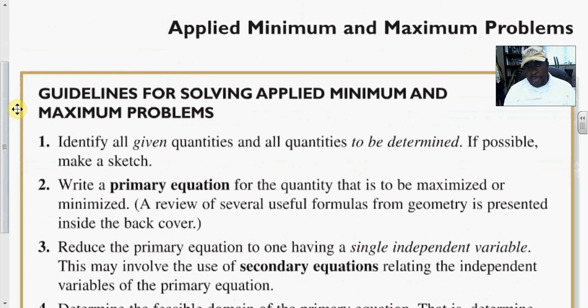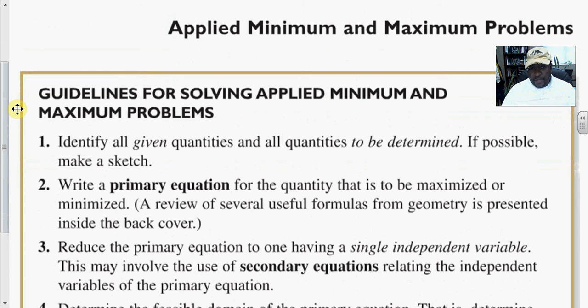One equation would be a primary equation, and the other would be a secondary equation. The primary equation is the equation that you want to maximize or minimize. The secondary equation is where you would glean necessary information to inject into the equation to hopefully maximize or minimize the area or the volume or whatever